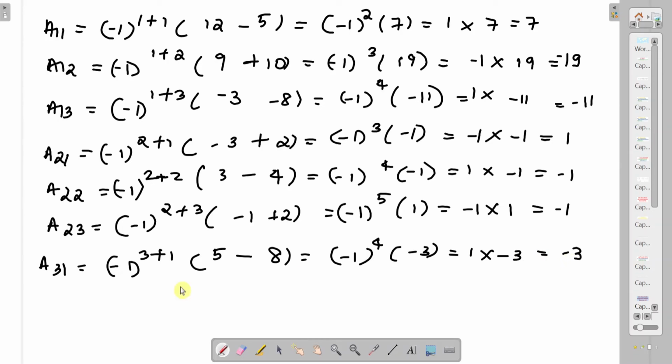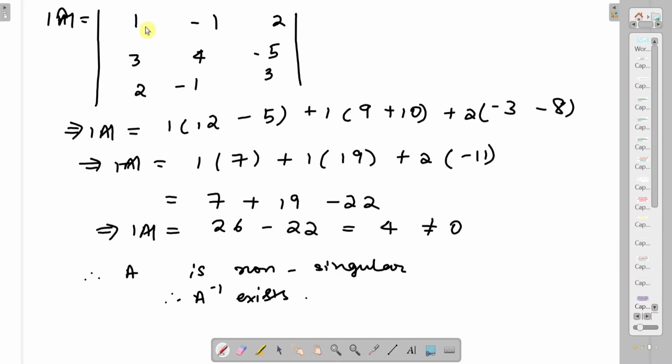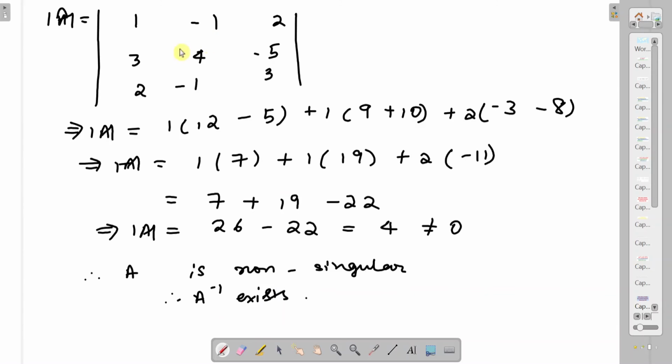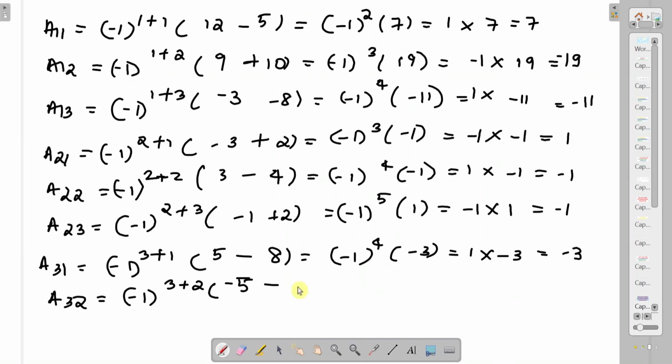Then A32, minus 1 raised to 3 plus 2 times, we have to hide the third row and the second column, so minus 5 times 1 is minus 5, minus 3 times 2 is 6. Okay, this is equal to minus 1 raised to 5 times minus 11, that is minus 1 times minus 11,